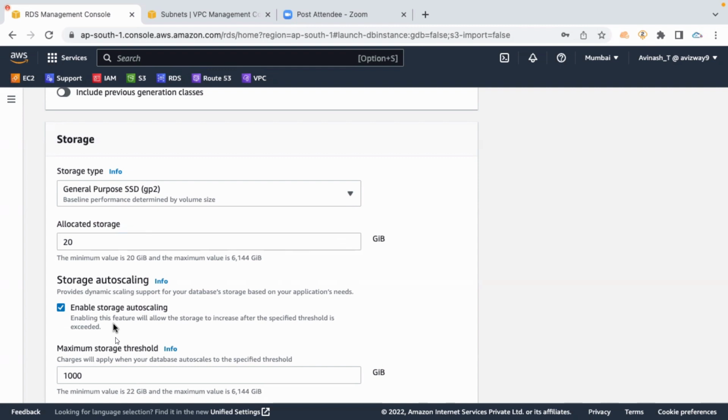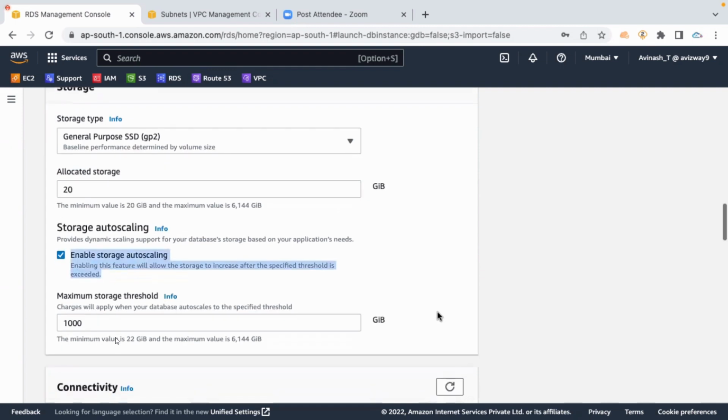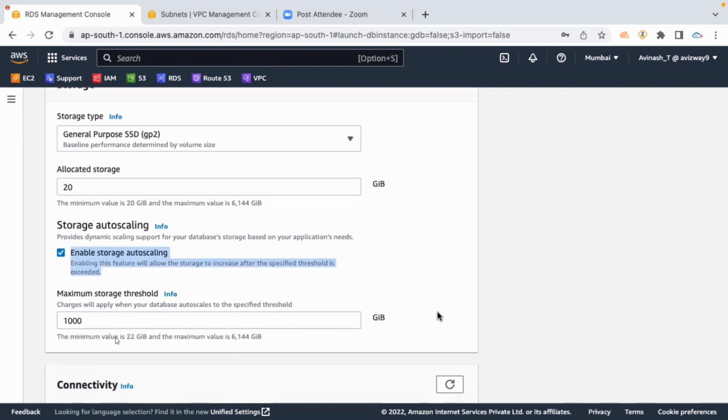Now there is an option, enable storage auto scaling. If you enable this option, what happens? Whenever 80% of this storage is full, AWS will automatically add additional storage. You manually need not do anything. In EC2, yes, you manually need to go, modify, add storage, connect to the instance, make it available. You need to do a lot of additional steps in EC2 EBS volumes. But here in database, once this 20 GB is full,